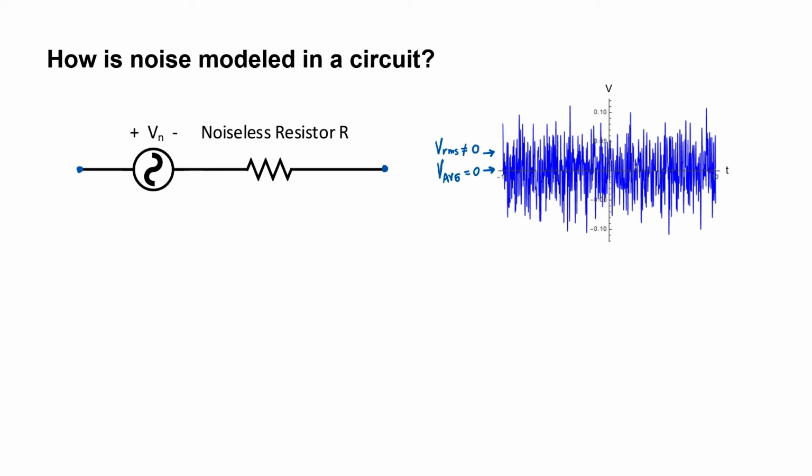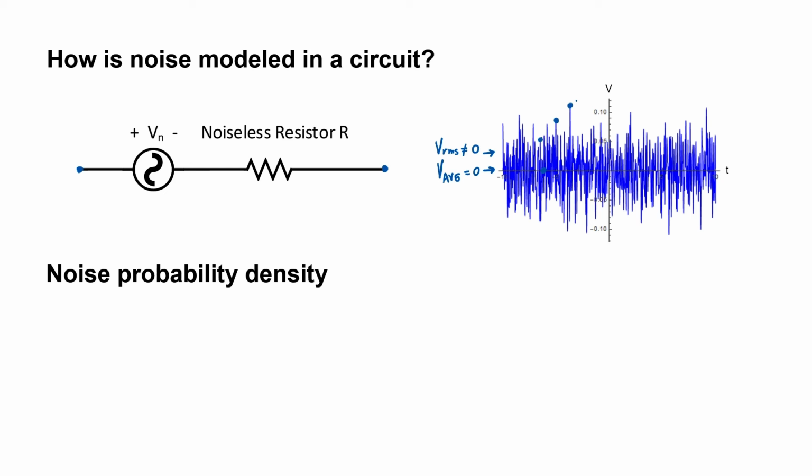At any given moment in time, there's a particular probability of having a voltage measured that's unequal to 0. For example, at this instant in time, we have a particular voltage, but at some other instant in time, we have 0 voltage, or some higher voltage, or an even higher voltage. But it's impossible to predict at any given moment in time what the voltage due to the noise is because noise is inherently random. What we can do, though, is define an RMS voltage, or a sort of an average. We can also talk about the noise probability density. That is to say, how probable is it at any given moment in time to have a particular voltage measured that's due to the noise.